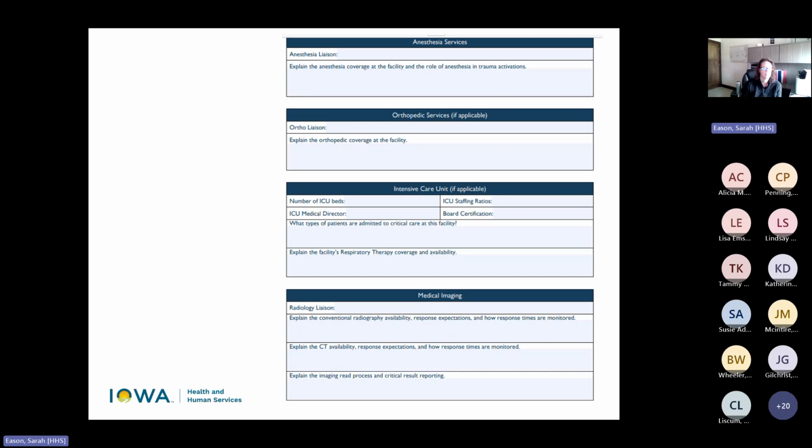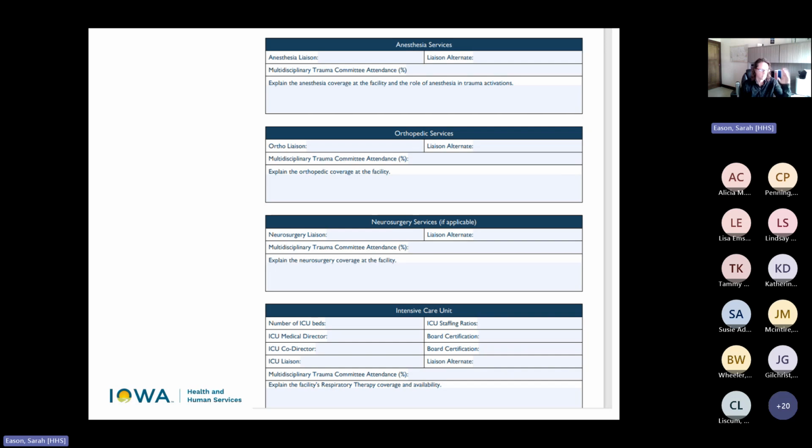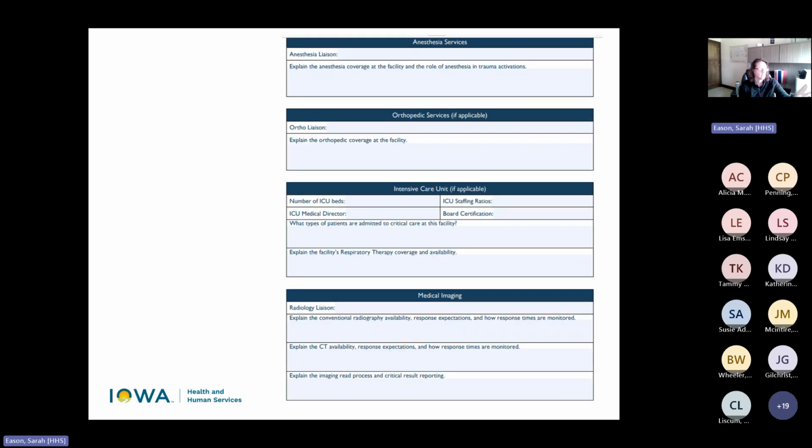And what's your process when there has been a missed injury? You've sent them home because they were okay going home, and then the overread of the diagnostic has a different diagnosis. So how that process is explained is where we want that information to be relayed, in that box right here.